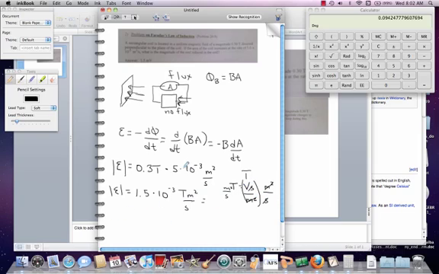And now 1.5 times 10 to the minus 3 is 1.5 millivolts. 1.5 times 10 to the minus 3 is milli, and my units are volts, so I get 1.5 millivolts. All right, let's go to the second